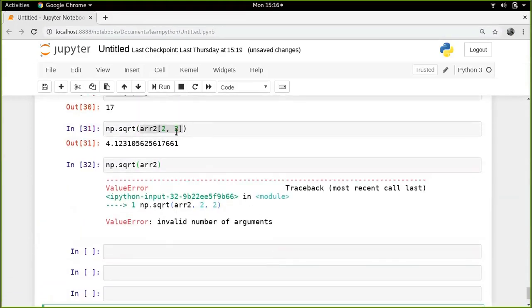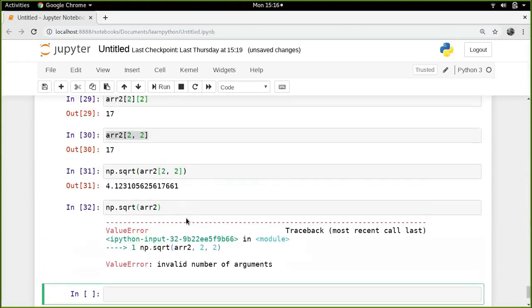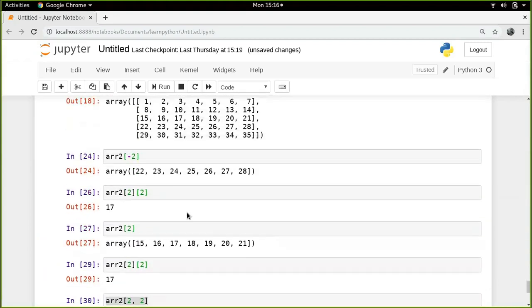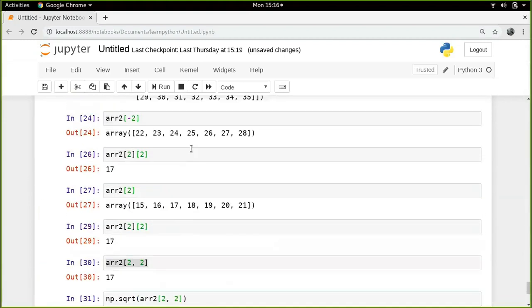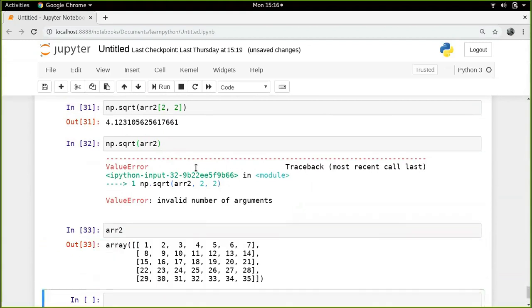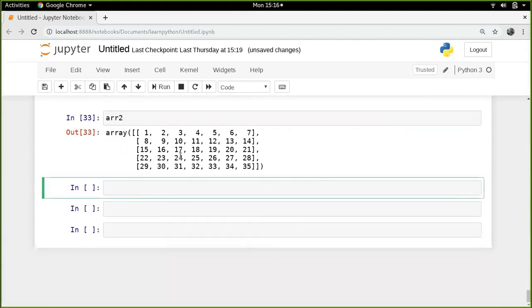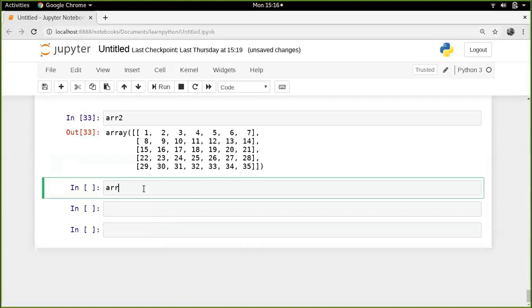So the next thing I'll talk about is what is called extraction. Just like in Python lists, even in NumPy arrays, you can extract slices of the array. For example, let's say I take the same array. Let me write it again because I have to scroll up. So this is it. Now, supposing I want to extract the first 2 rows, the entire first 2 rows, I could do something like :2,